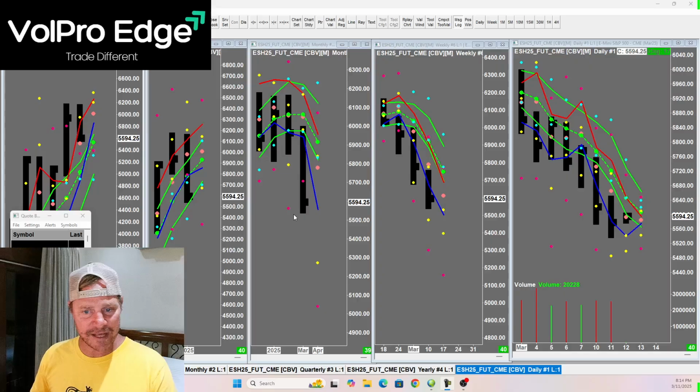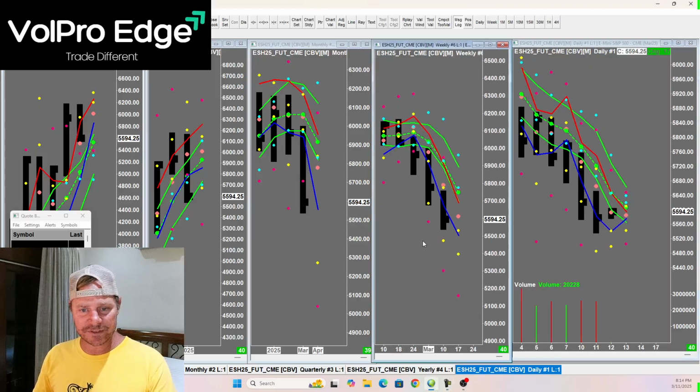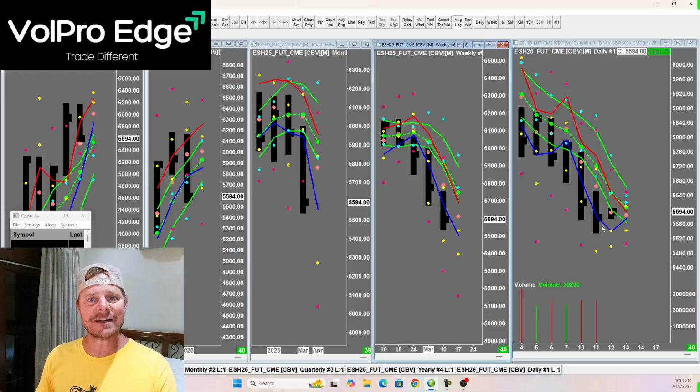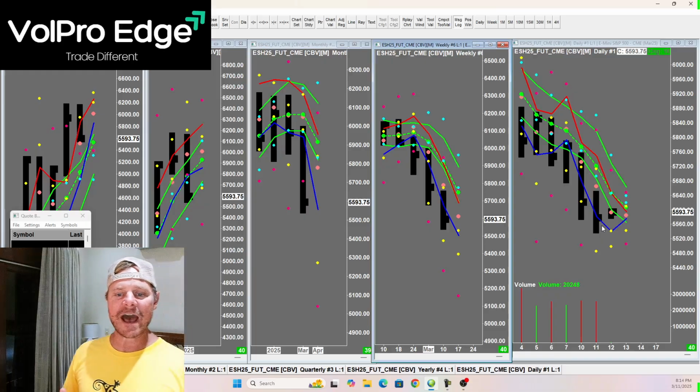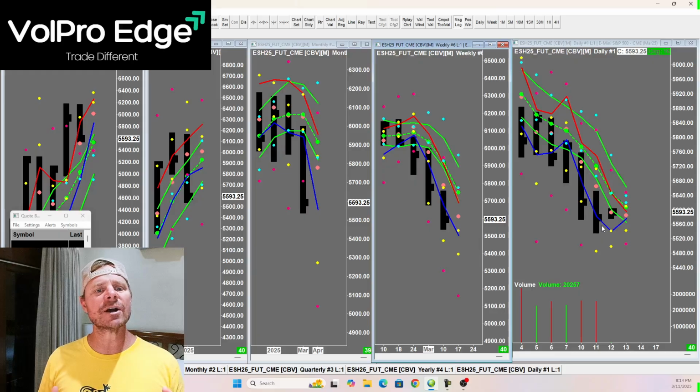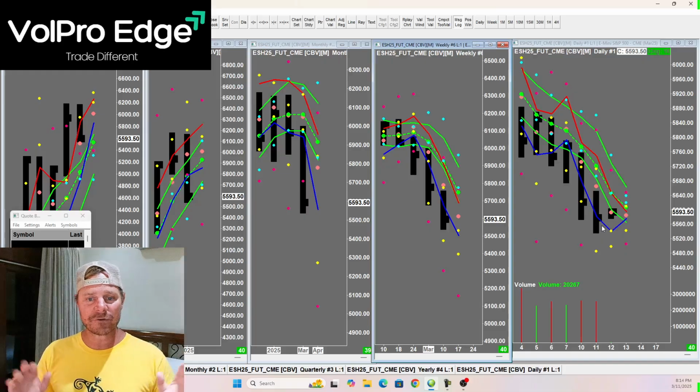Let's go ahead and jump into our analysis here. With the ES, what you can see is that we did finish lower. That's what I thought. I said last night, risk off. Everybody's going to sell everything. And that's pretty much what happened. I think gold and silver might have caught a bid. I thought they would be under a bit more pressure, but I think that's coming down to the fact that the dollar is just not catching a bid. We're going to cover all these markets.